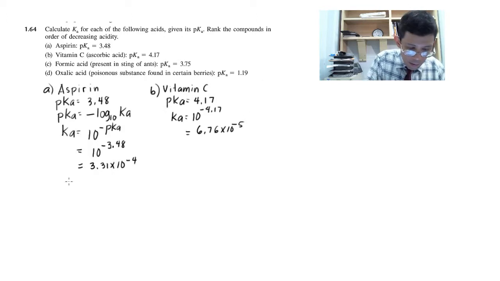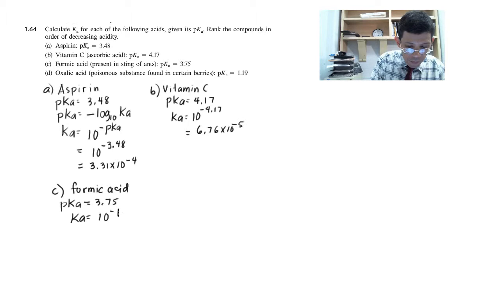Next, C is formic acid. The pKa is given as 3.75. So Ka is equal to 10 to the negative pKa. So that should be 10 to the negative 3.75. You do that on your calculator, you should get